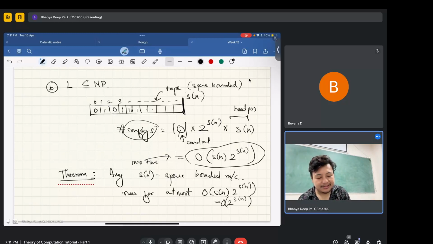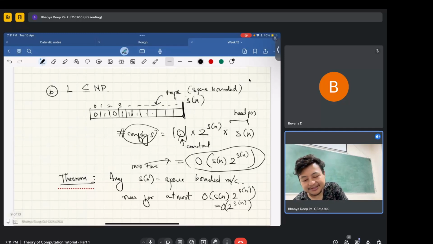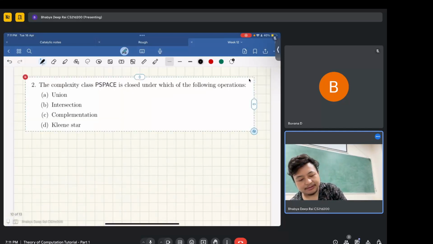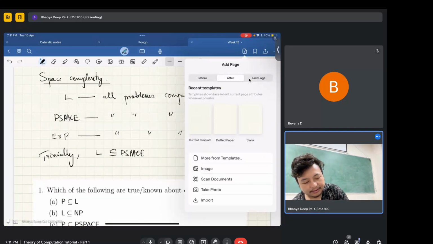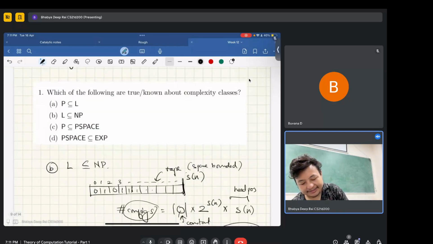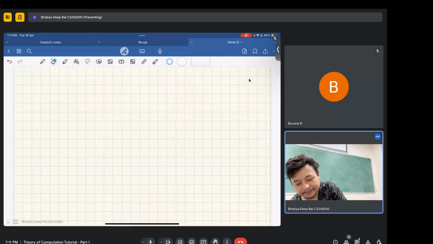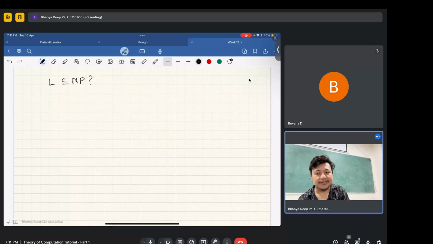So if there is a machine that runs in log space, we are asking this question, right? L is contained in NP. This is a question we are asking. So here S(n) is what? S(n) is order log n,